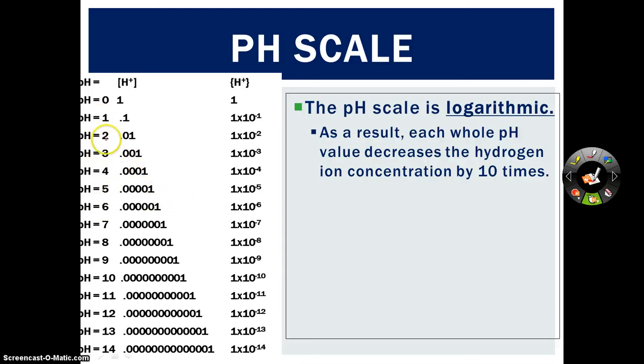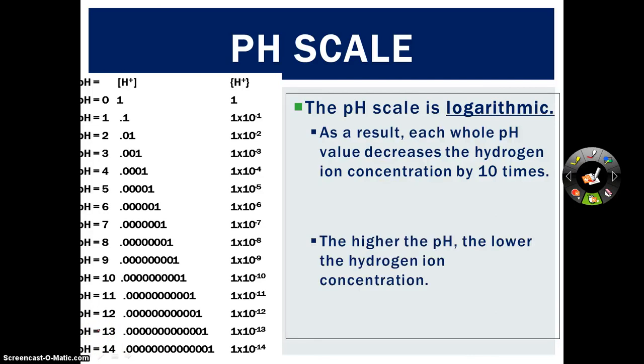So 1 increase in pH is essentially moving the decimal place over 1 more place to the left. You can look at it in concentration with zeros, or in scientific notation. That move to the left of the decimal point is represented by a negative exponent here. So the bigger the negative exponent,